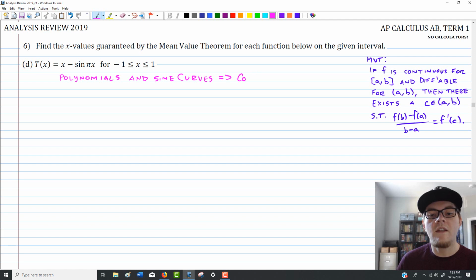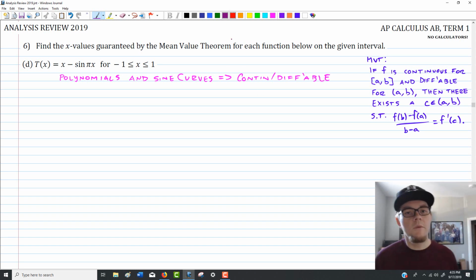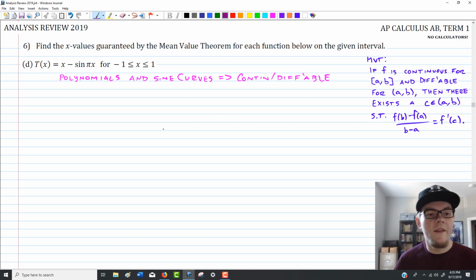And that tells us that we have a continuous and differentiable function. So it's continuous and differentiable, so we're eligible to continue. So let's go ahead and do that. We won't dwell on that. So from here, we're going to have t of 1 minus t of negative 1 all over 1 minus a